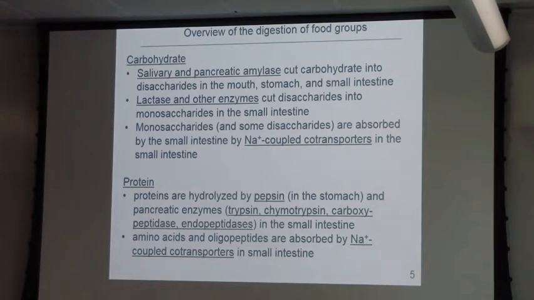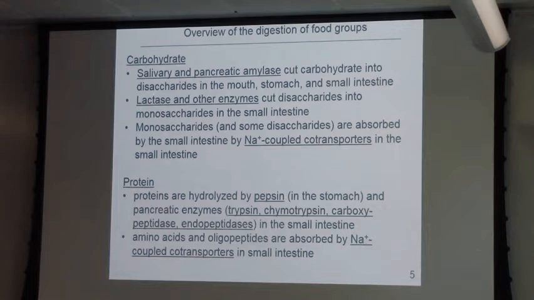Later on, after it gets out of the stomach and into the intestines, amylase is also a component of pancreatic juice. The pancreas secretes digestive juices that contain amylase. So salivary amylase in the mouth and pancreatic amylase in the small intestine break starches down into monosaccharides,